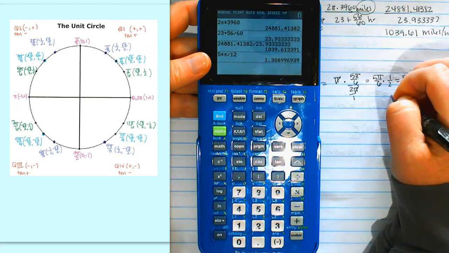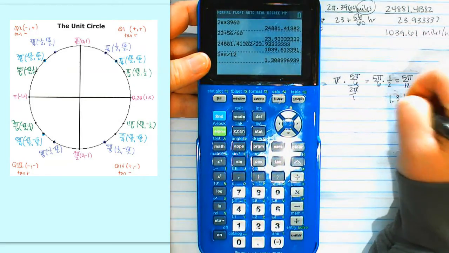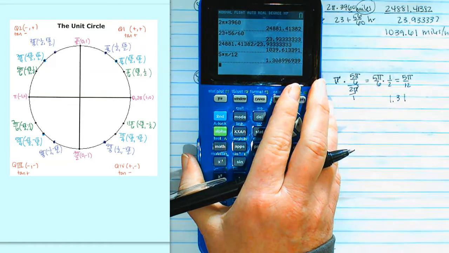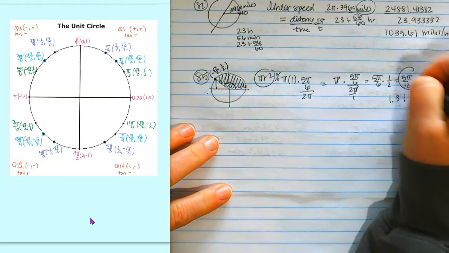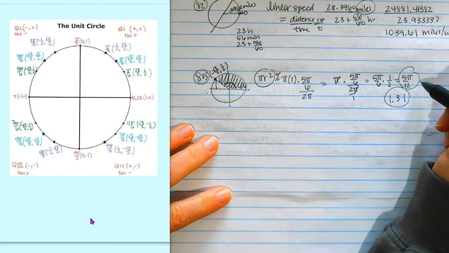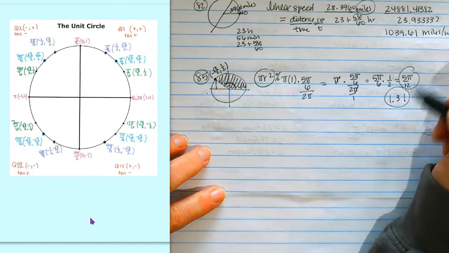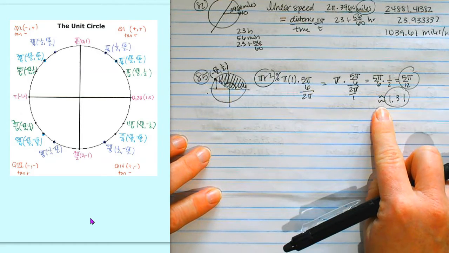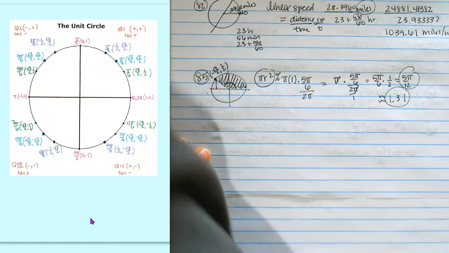So if you can read that, it says 1.31, and for 85, I don't have any measurements. So there we go. 5 pi over 12 is the complete answer with all of my decimals, and this is my rounded answer. If you look in your book, it has the approximate equals there. And then our last problem,